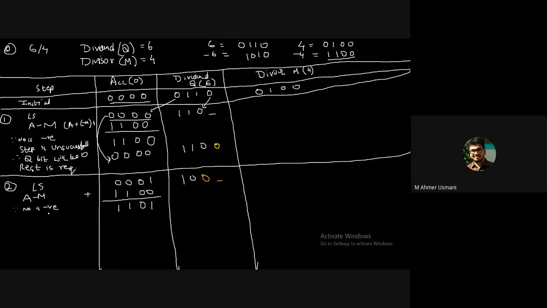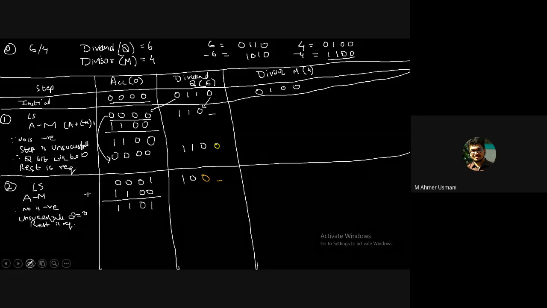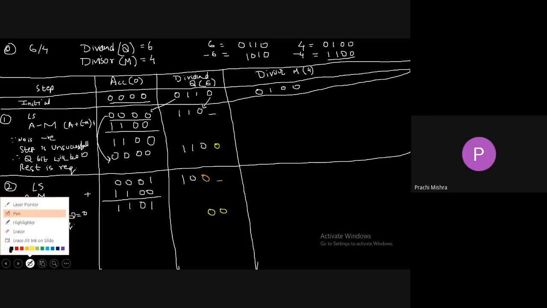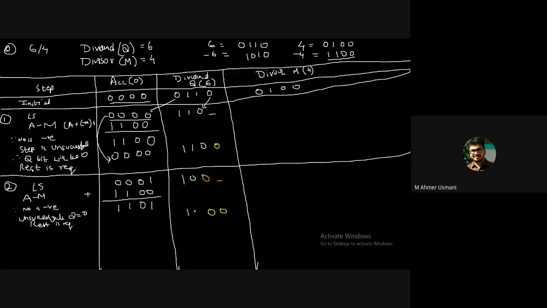Is it successful or unsuccessful? Unsuccessful. If it is unsuccessful, quotient bit will become what? 0. Restoration is required or not required? Required. Restoration is required. Okay. So I'll just write down. So this is 0. This vacant place is also you fill it with 0. After this, you'll just write down 1 0 over here. You just need to restore this value again. So get this value again. What will get? We'll get 0 0 0 1.